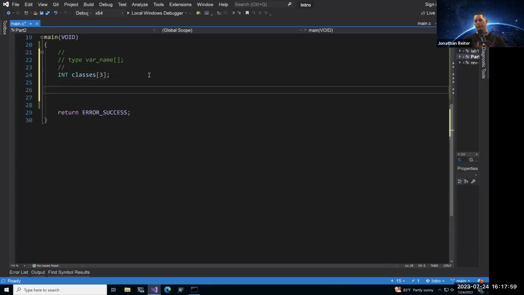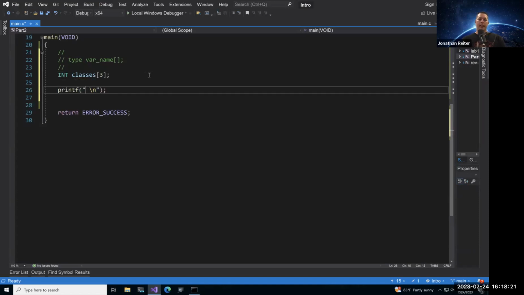I haven't initialized this array yet because I want you to see something. So here we go. Let's do a printf statement, and we're going to access every single item inside of this array.